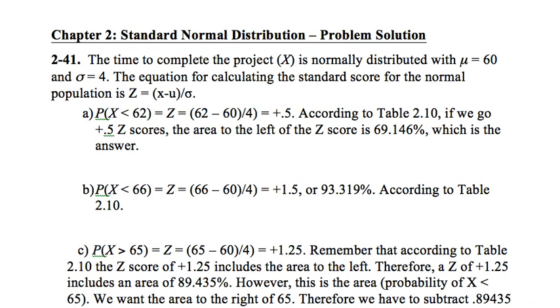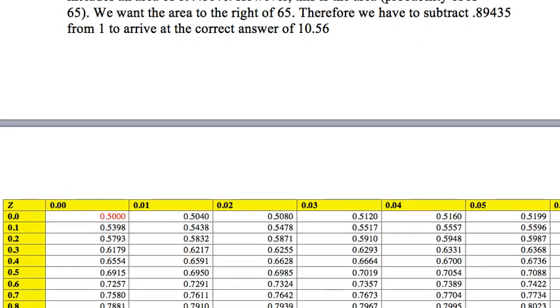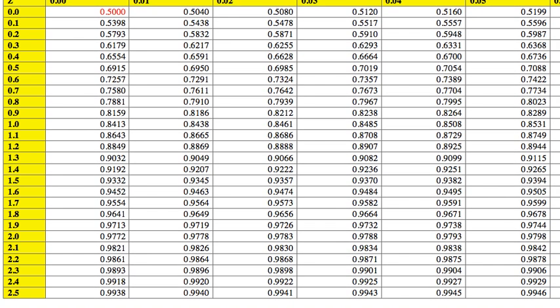And then it goes on and says, okay, what we want to know is the probability of coming up with our random variable X less than 62. Once again, as I said, we're going to be utilizing Table 2.10. According to the formula, 62 minus 60 divided by the standard deviation of 4 will give us plus 0.5 standard scores away. And then if we go down here to 0.5,